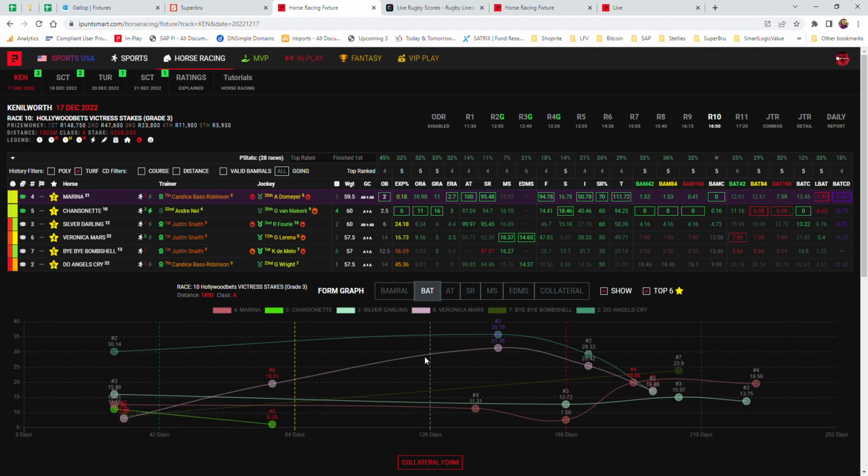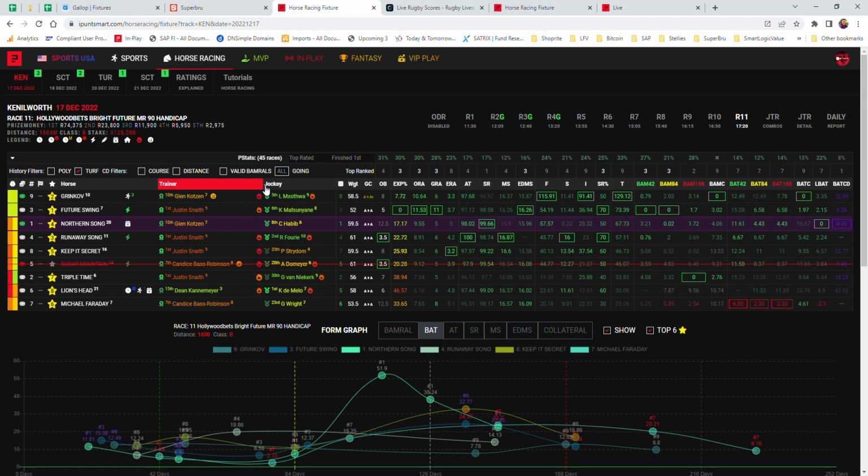Veronica Moss also doesn't look too bad here on the bat figure, going nicely in the right direction. Yeah, if you want to take a chance, Charles Lake Marina and maybe Silver Darling there, but if you don't want to take a chance, you'll have to add Veronica. And the